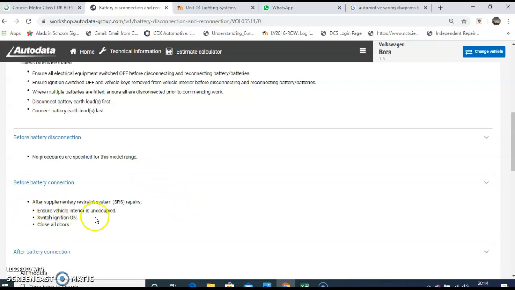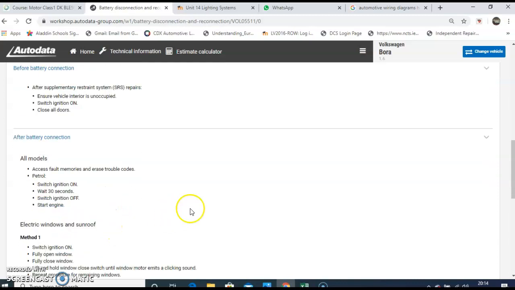And then before battery connection, after ensuring the vehicle interior is unoccupied, just in case the airbags go off, switch on the ignition and close all doors. After battery connection,